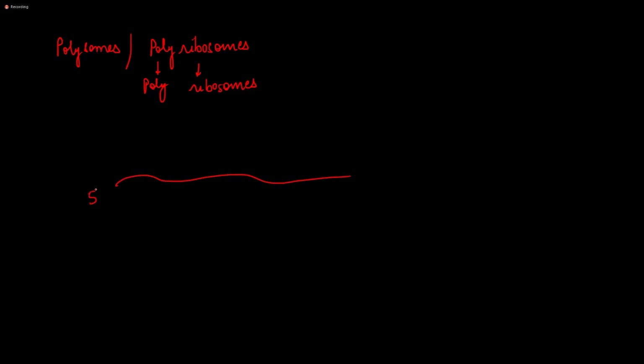Okay. Now, we also come across a term known as polysomes, or polyribosomes. As the name suggests, it has two parts, poly and ribosomes, right? If we talk about how a protein is synthesized in a bacterial cell, it will have an mRNA with direction 5' to 3'. On this mRNA, there will be multiple ribosomes attached, and this structure is called